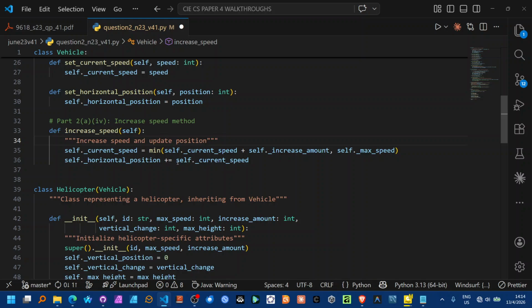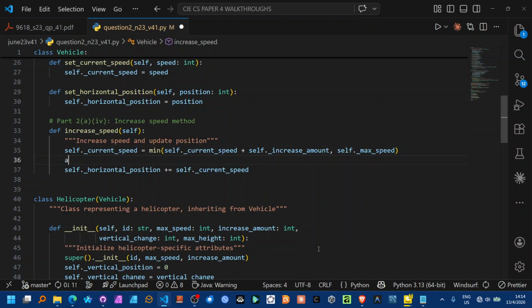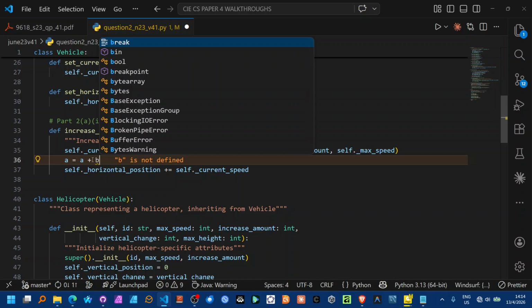Then of course here we are incrementing the current speed. We are incrementing, rather, the horizontal position by the current speed. So this notation, you might have seen it in the series. It's more like this. Let's say we wanted to increment a by b. We are simply going to say a is equal to a plus b, and the short